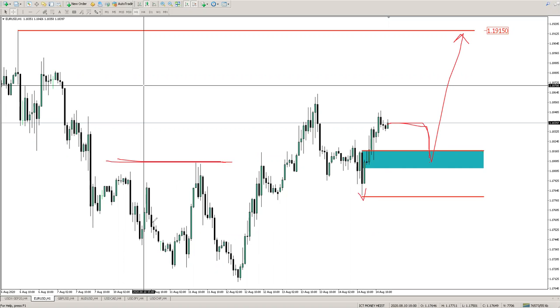The other thing that we can also take note of is this area right here. We have price come down, react, and then eventually give us a lower low, taking out the sell side liquidity on this run up here. You can use this one. It might not be so clear, but on this one it's completely perfect. Price has returned to the breaker block here, and we don't want to see price